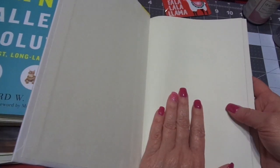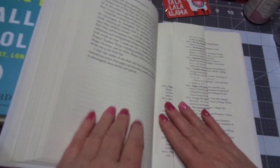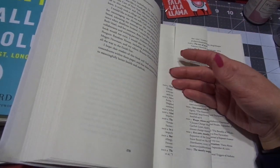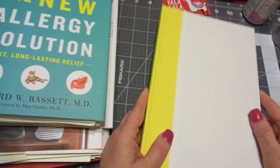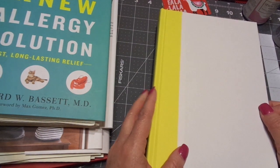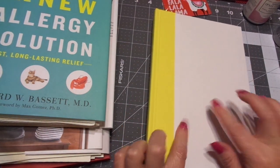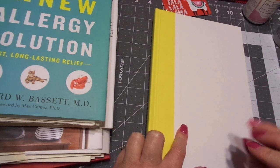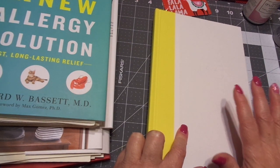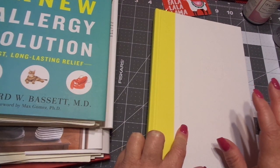The trick here is not only in the pages that you put down, but also that you cover the book print. You may want to keep the book print depending on the book, but this one's about food allergies, or allergies period. I'm not sure anybody's going to read that, but you don't know. And what I'm really thinking about doing for this one is making it a very shabby chic faith or prayer journal. So I just bought some beautiful digis from